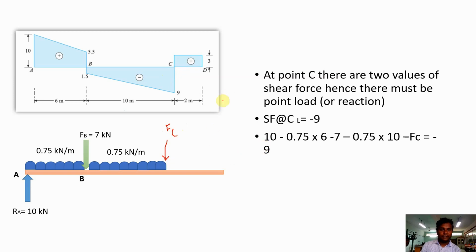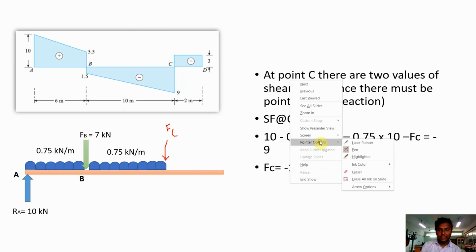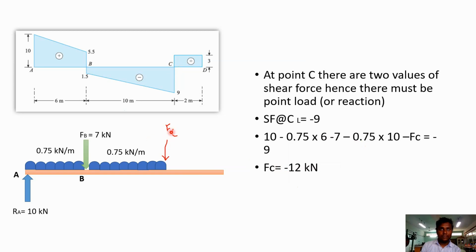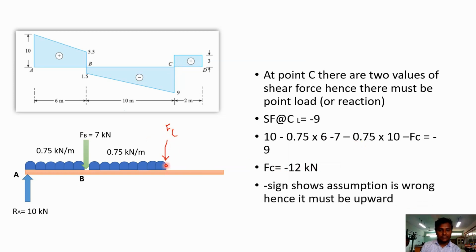Now when you equate this value of the shear force at a point C, considering the left hand side of the section, and if you consider whole the left hand side part of the section, we can find that the value of the point load at a point C is minus 12 kilonewton, as minus sign indicates that the assumption for FC is wrong. Hence there must be vertically upward force. So here in this case you can say that this vertically upward force is nothing but the reaction at a point C, which is acting in vertically upward direction, that is equal to 12 kilonewton.